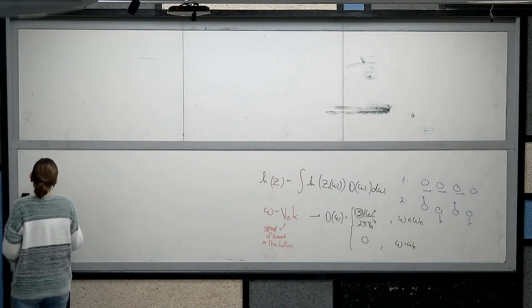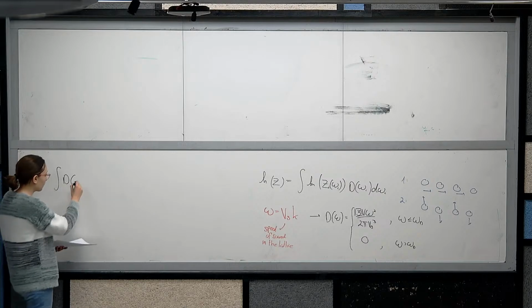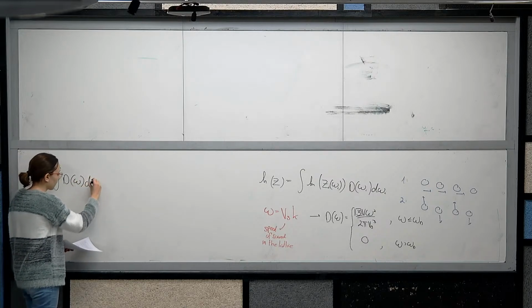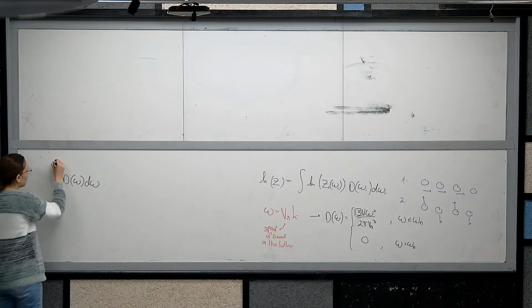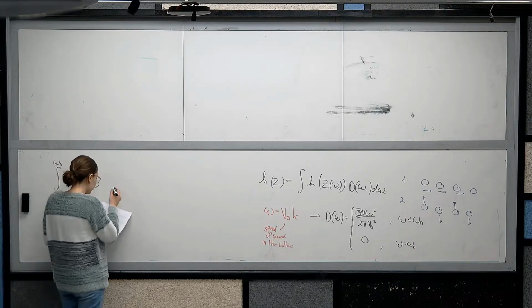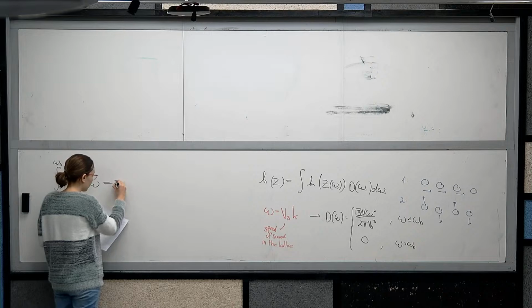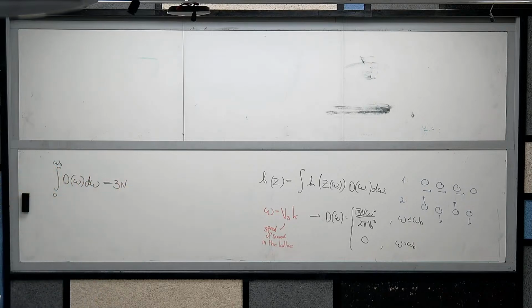When we sum over all possible states for all possible frequencies from 0 to this critical frequency, we expect to get the whole number of possible modes,